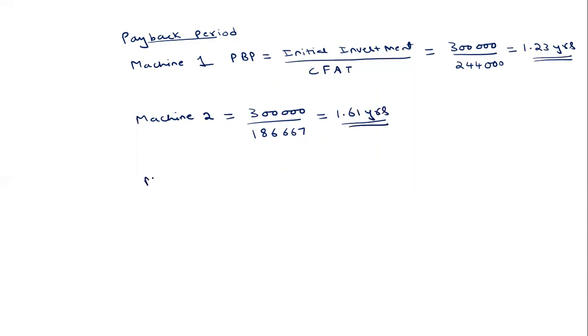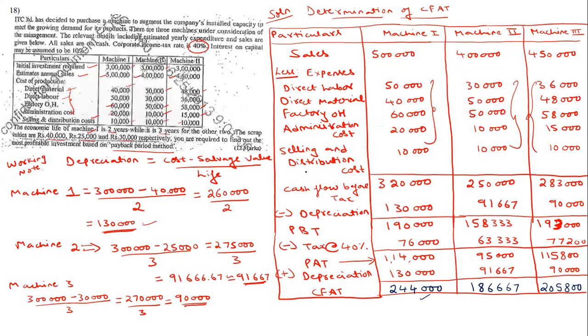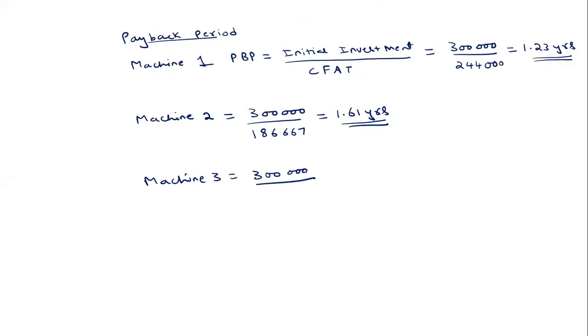Lastly, for machine 3, you proceed with the initial investment as 3 lakhs, which is given in the question, divided by the CFAT, which happens to be 2,05,800 from this table, and then you get